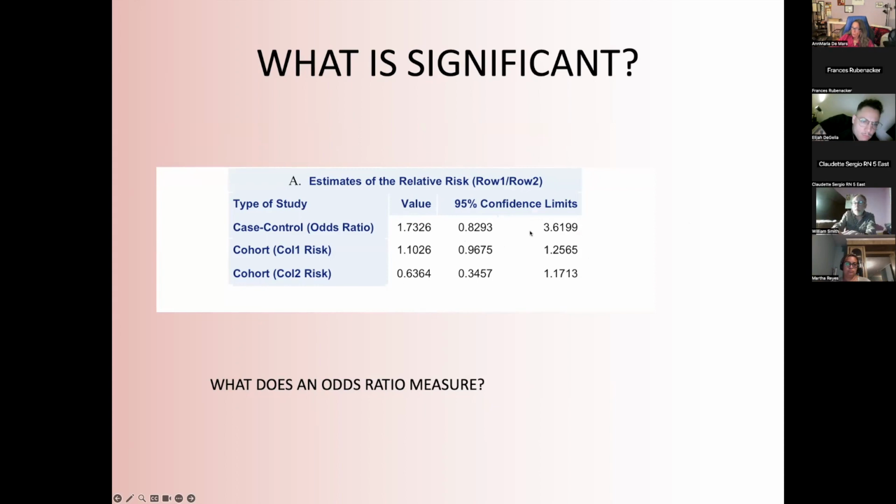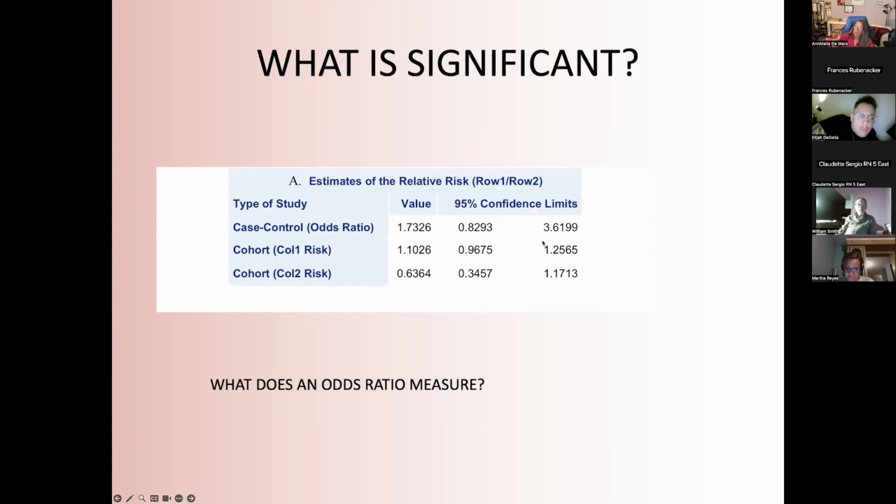If 1.0 falls within these 95% confidence limits for the odds ratio, that means it's a plausible value. It would fall within the values we get in that 95% curve, right? Does 1 fall between 0.82 and 3.6? Since 1 does fall within the confidence limit, 1 is a plausible value. So yes, you would accept the null hypothesis and say that it seems the odds could be equal, because yes, we got an odds ratio of 1.73, but the 95% confidence limits are 0.82 to 3.6.